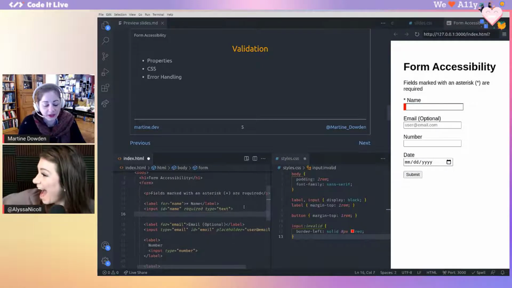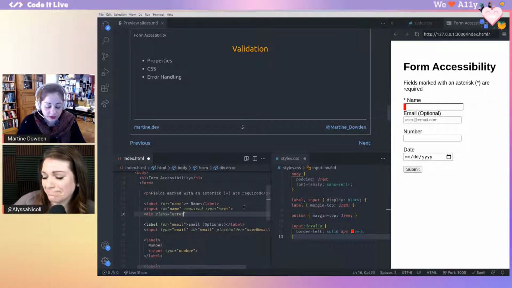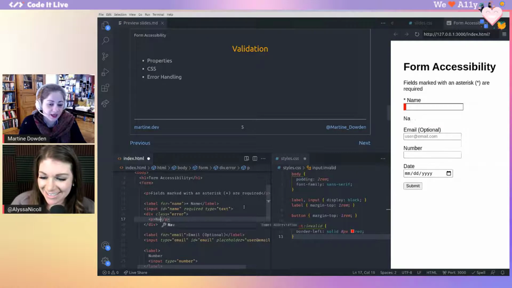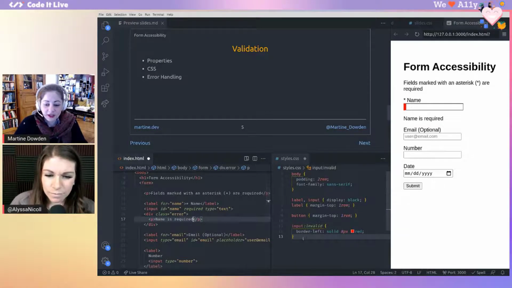And I can do something along the lines of div class equals error. And I'm going to put a paragraph in there and I'm going to explain why I'm putting a paragraph in here in just a second. And I'm going to say name is required. So we can style our